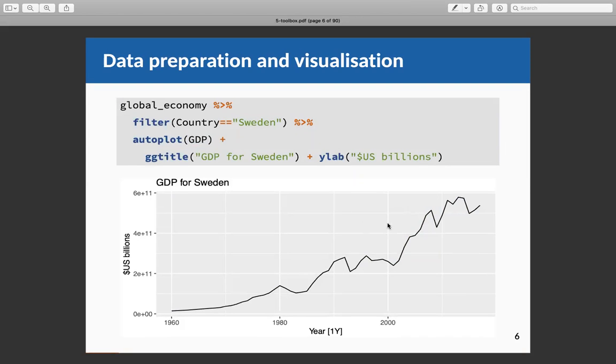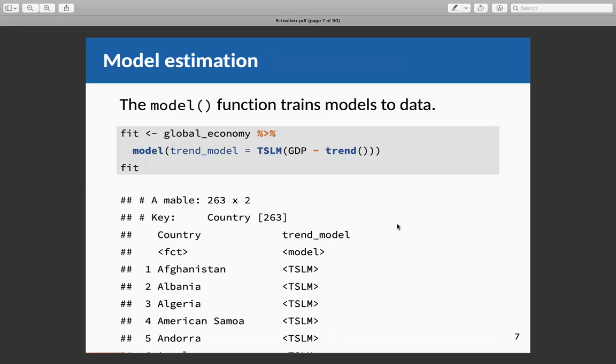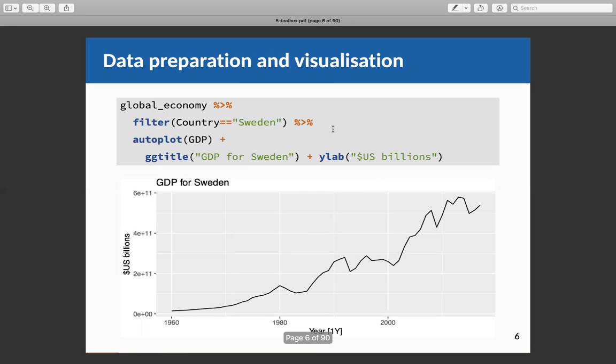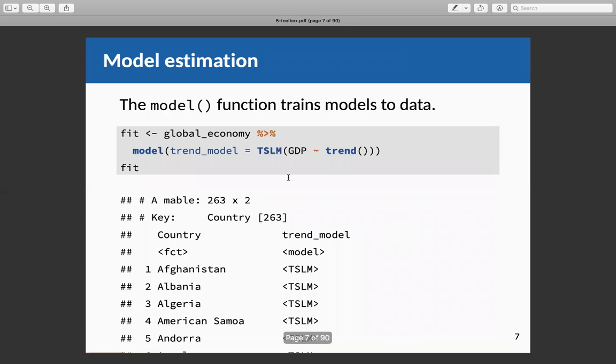Again, this is just a simple time plot, but we discussed seasonal plots, subseries plots, and autocorrelation plots, and you can look at them to better understand the data here as well. So what I was trying to do here, we have actually done these two things previously. We discussed in detail how to prepare data for forecasting, and then we looked at visualization as well. So that's why we skip these two steps,